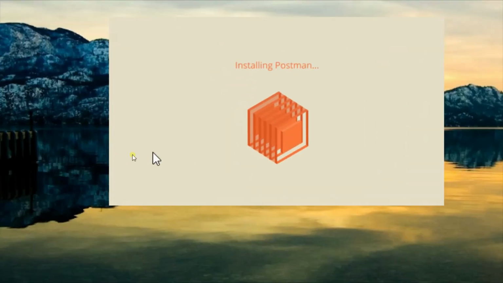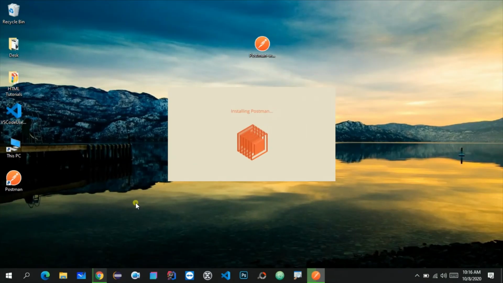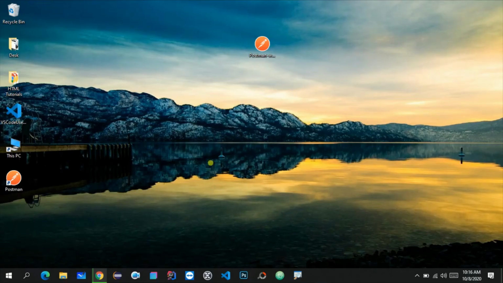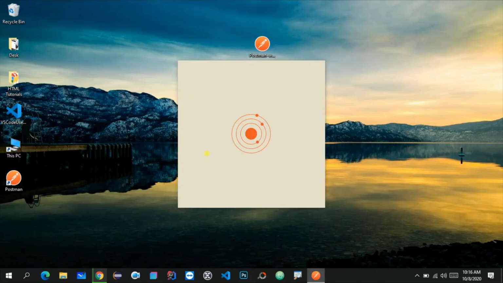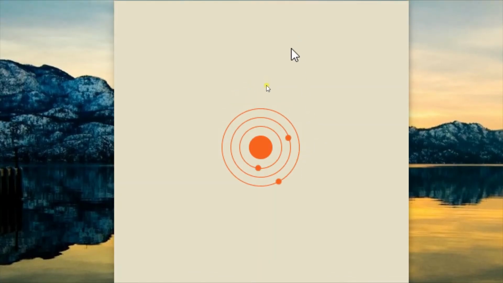And as you can see, the icon on my desktop is created. That means the installation is successful. And now the installation is successful and it is opening this Postman application.